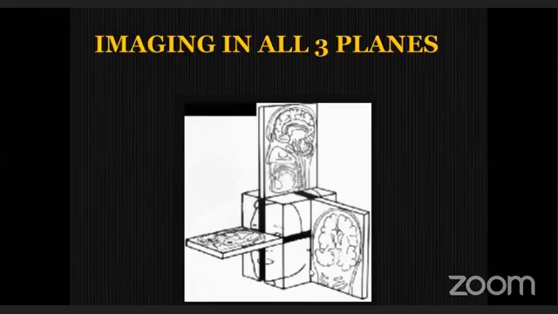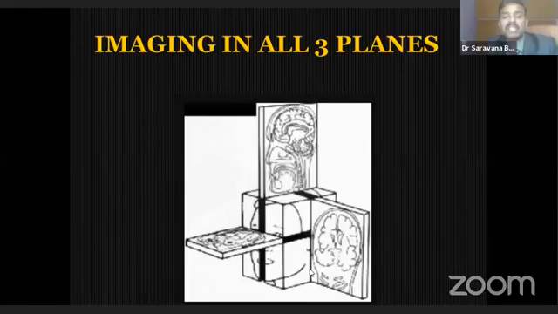Yes, sir. Okay, now you're going to see the imaging in all the three planes, that is axial, coronal and sagittal. Another one is cross-sectional plane. I'm going to explain those planes also now. The problem is seeing the three-dimensional data, that is computer tomography or MRI, in a film.